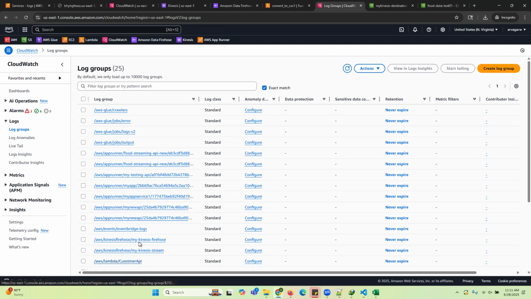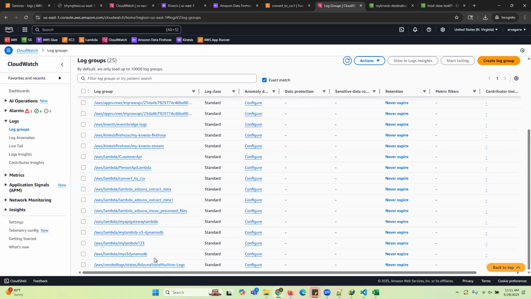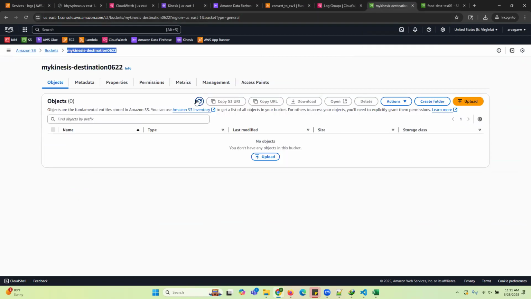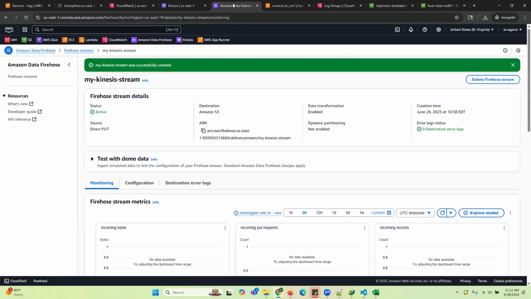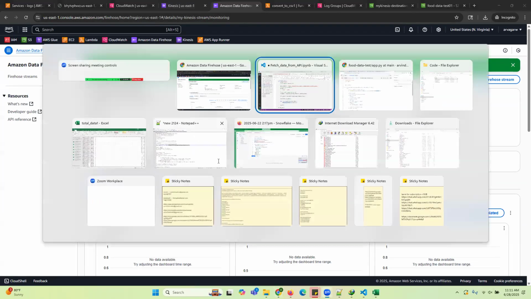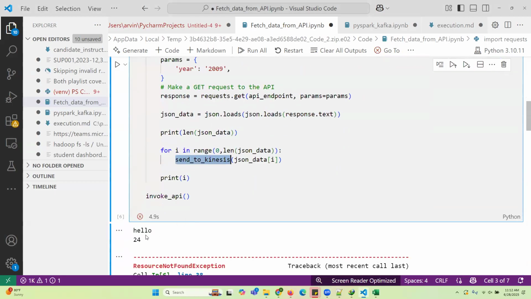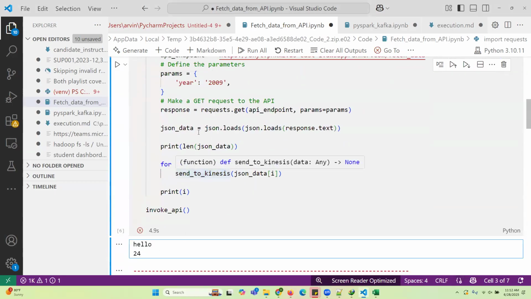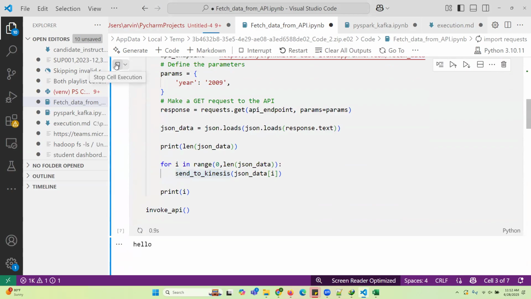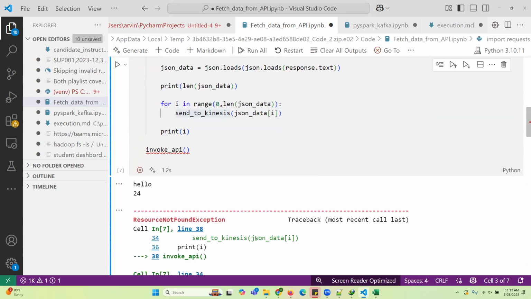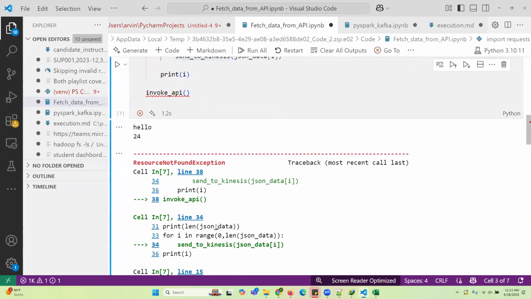Like this is the last time one converted to CSV. So it means its hit is there or not. I think it didn't go to that step yet. Yeah, invoke API, this hello 20. The error is coming. Invoke API,